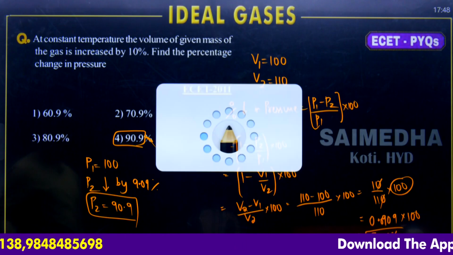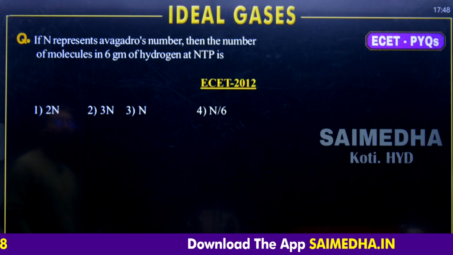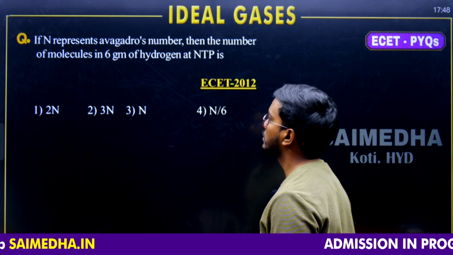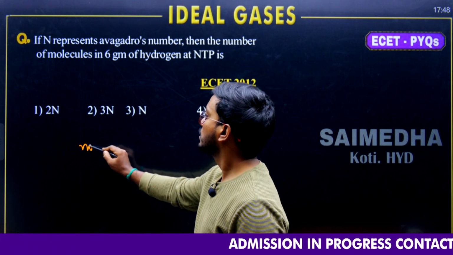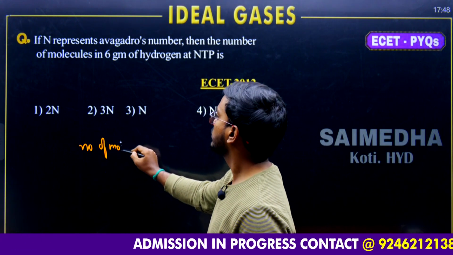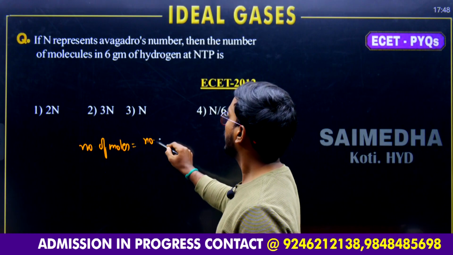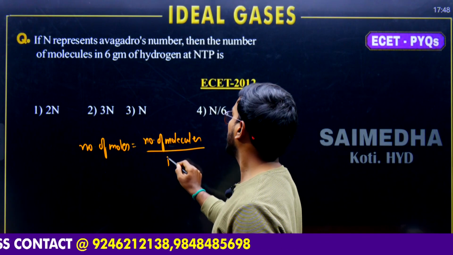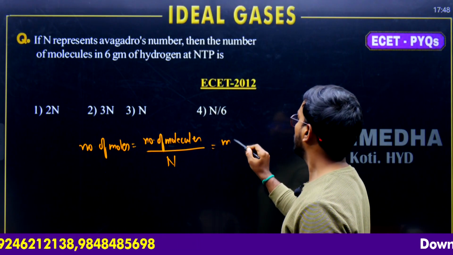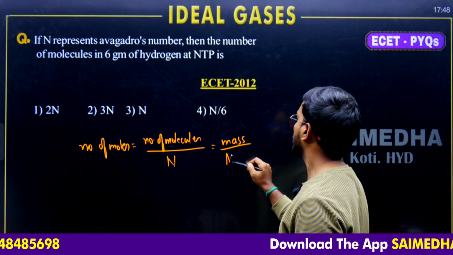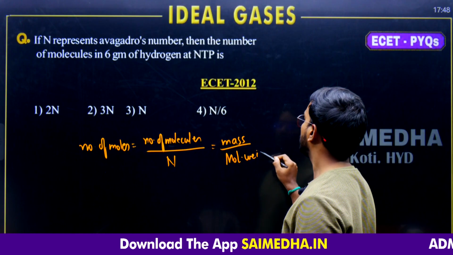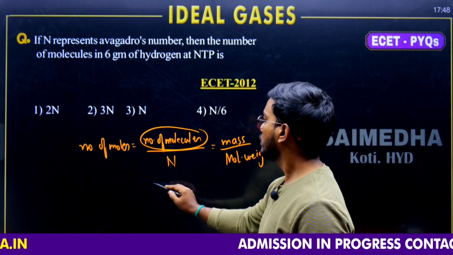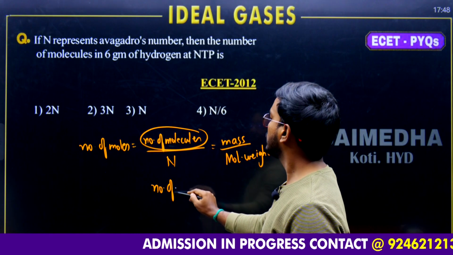Moving on to the next question. If N represents Avogadro's number, then the number of molecules in 6 grams of hydrogen. We know the formula. Number of moles is equal to number of molecules divided by Avogadro number, that is equal to mass divided by molecular weight. Number of molecules is our question. So number of molecules